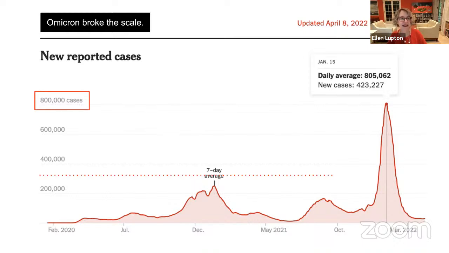So at the New York Times, they actually had to redesign the whole graphic to account for the much higher number of daily cases. So what looked unbelievably high in the December of 2021 is really a fraction of what hit the world and the US a year later. So data graphics have to really be flexible and accommodate for these changes in situations.